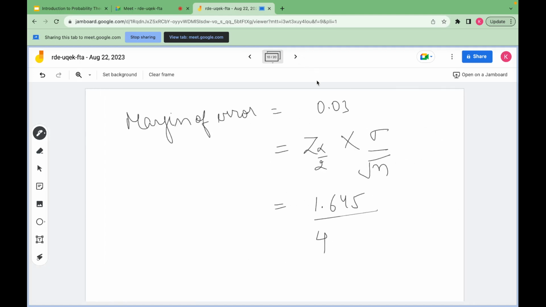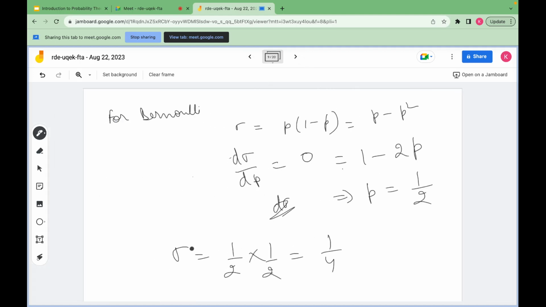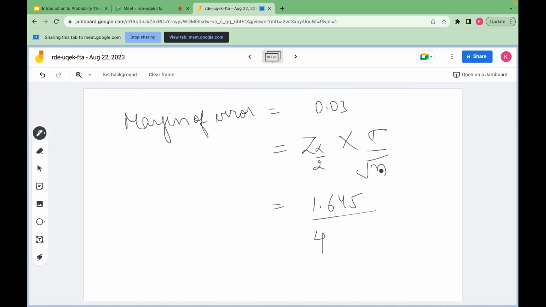Sorry, this is sigma square, and here we need to put the sigma value. Sigma square is 1 by 4, so sigma is 1 by 2. So we put 2, and we need to find this value n. This is equal to 0.03. So from here we will find this n is around